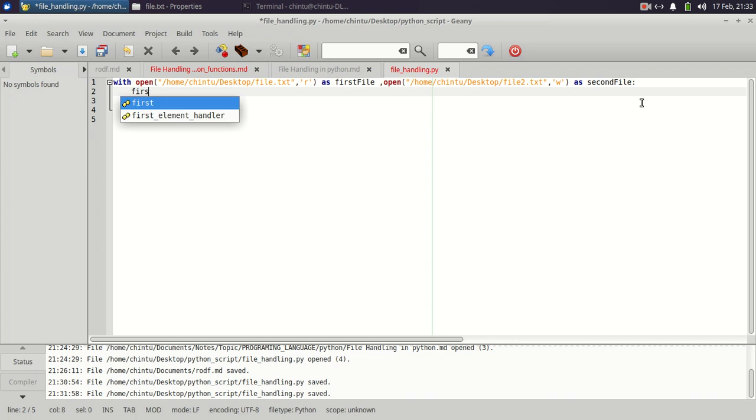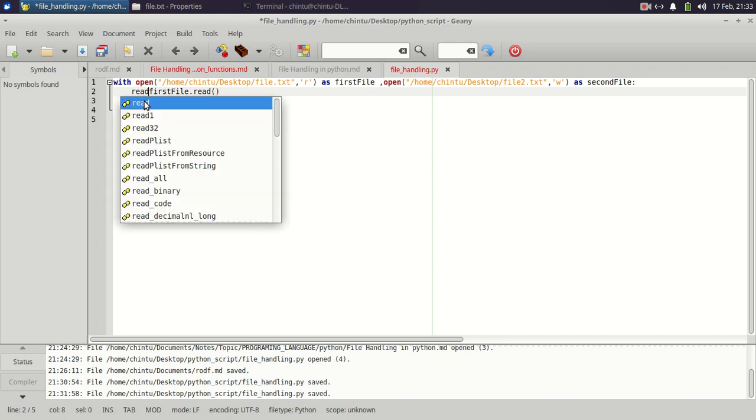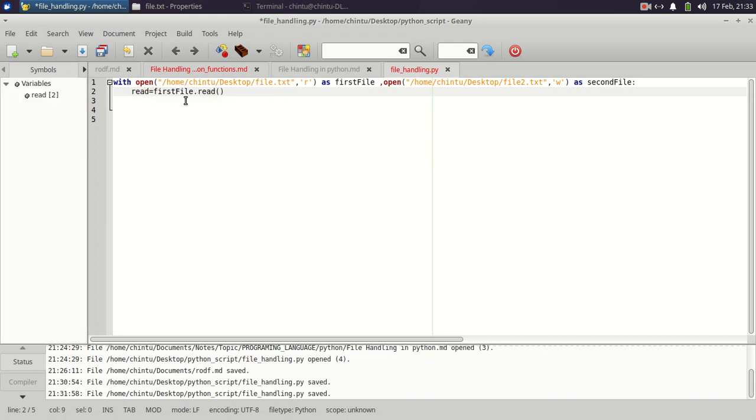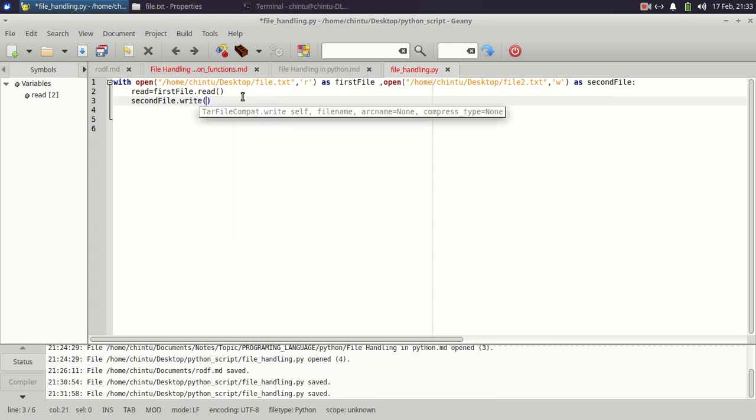So we are reading the first file and storing it in a read variable. Then we write using the second file pointer with the write method, passing the text which we want to write in the file, which is read.